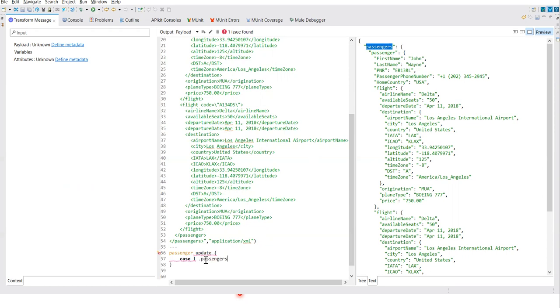From there I need to go to passengers, then dot, then passenger. To access this hierarchy, I need to go to flight, then destination, then we have longitude.